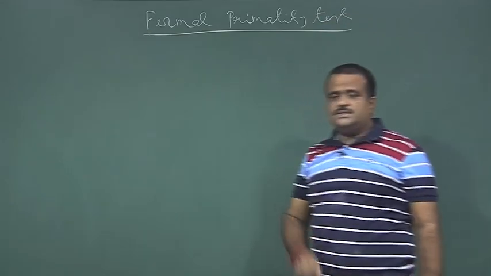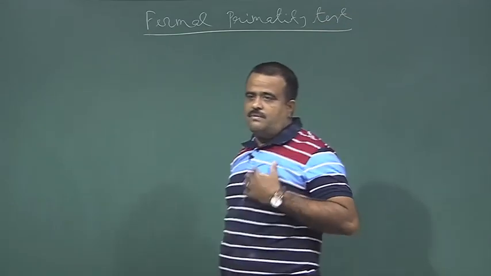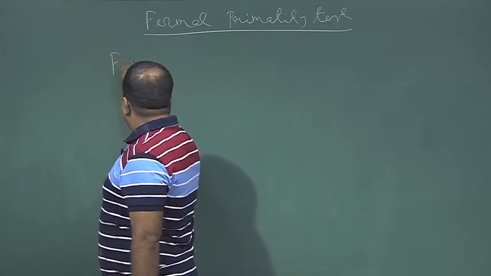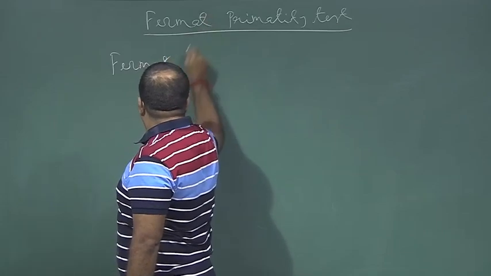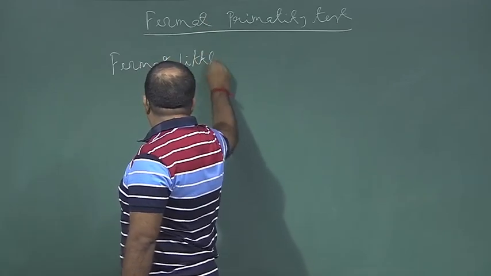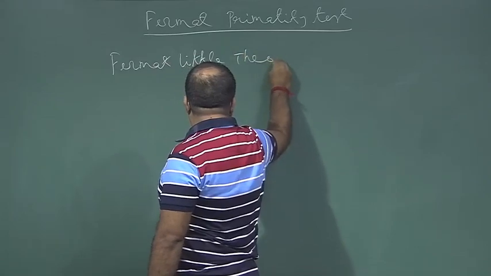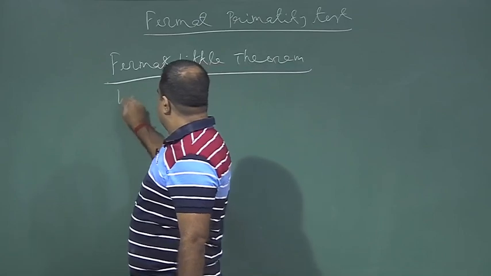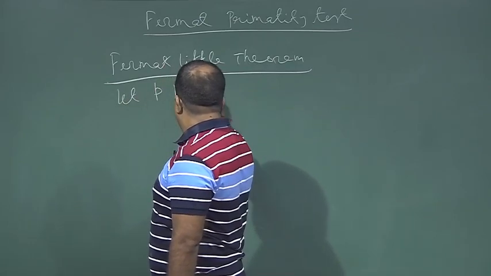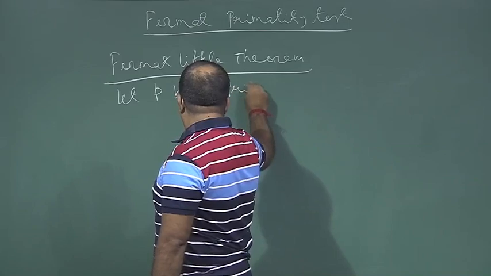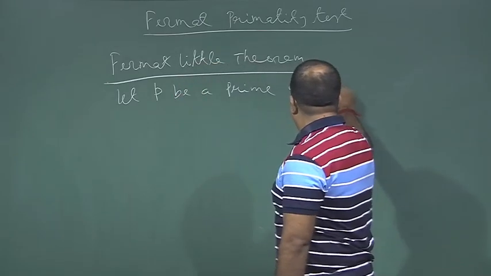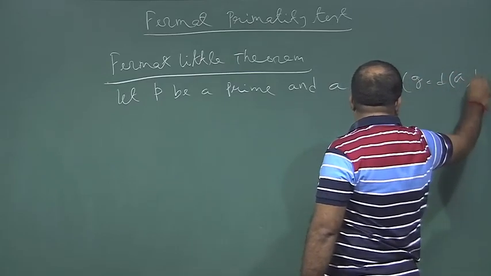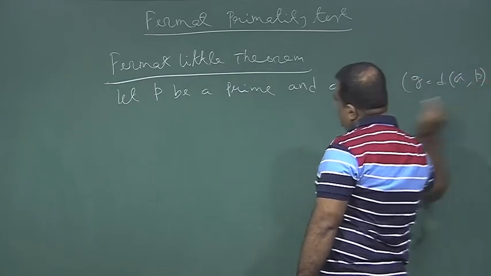Okay. So, this is coming from the Fermat-Little theorem. Let us recall the Fermat-Little theorem. So, what is the Fermat-Little theorem? It is telling us, if P is a prime number, and A is relatively prime with P, so GCD of A, P is 1, then